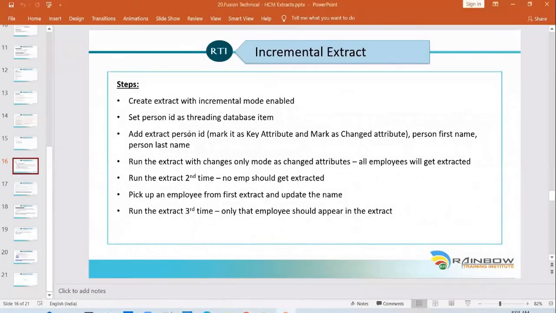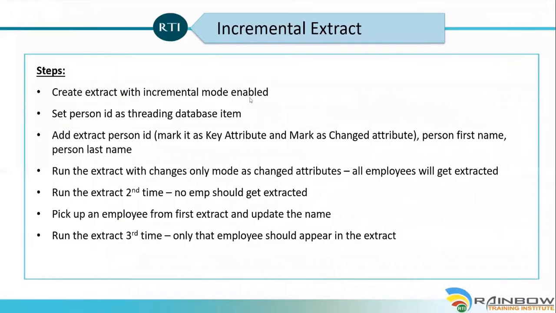And we've seen how to create a normal extract yesterday, and today we're going to see how to create an incremental extract. And the way incremental extracts work is, every time you run it, it will only pick the records that are changed after the previous successful run. Okay? And you would typically have some use cases for this type of extract as well.